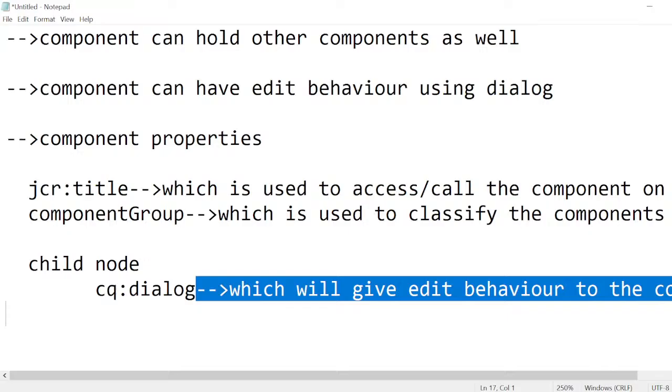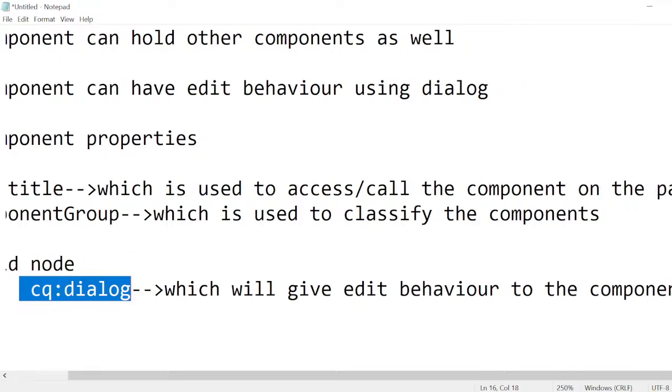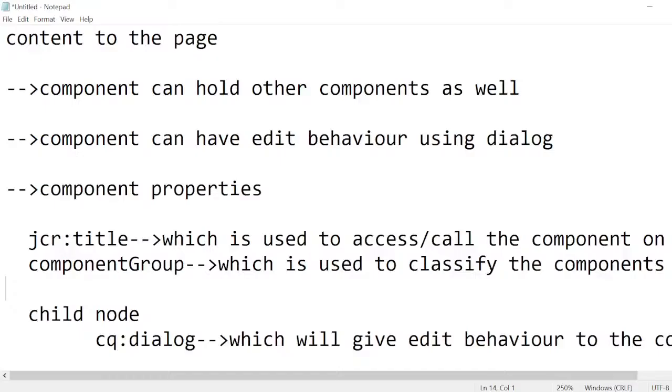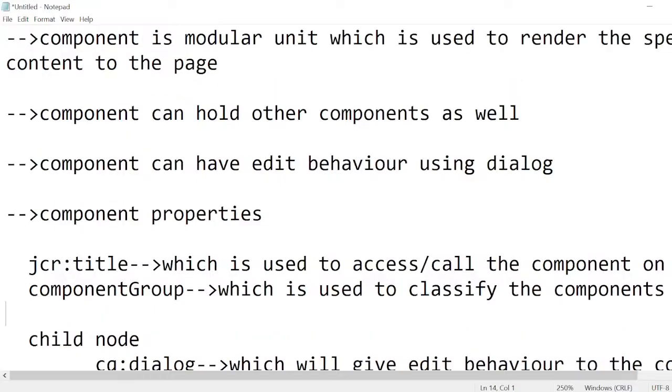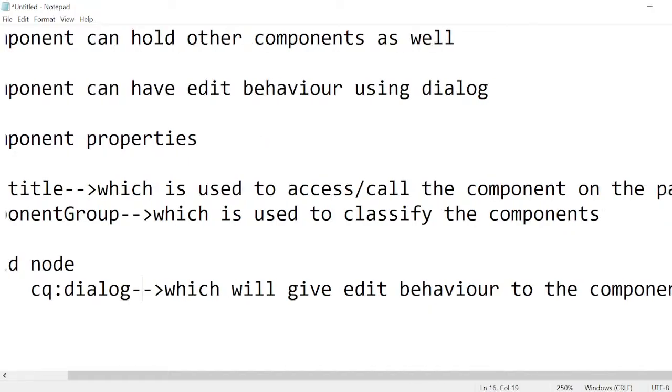There is one session where I will cover how to create that dialog from scratch. As of now, you have to remember what a dialog is. Dialog gives edit behavior to the component. Okay. JCR title, component group, and as child node we have CQ dialog. Once you are familiar with this,